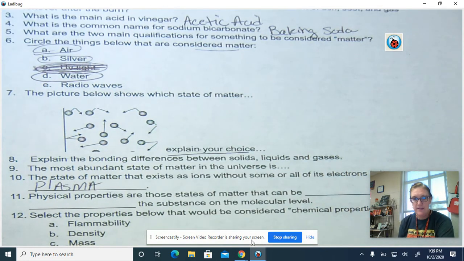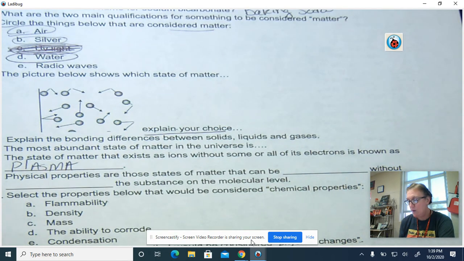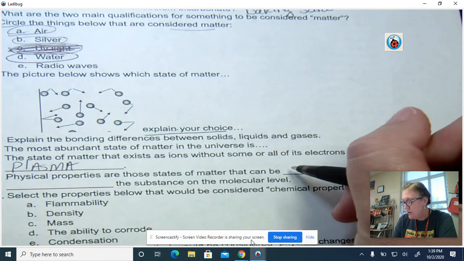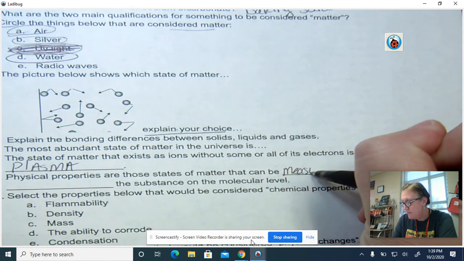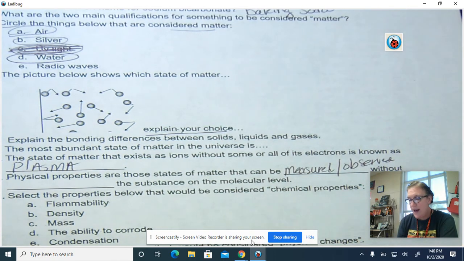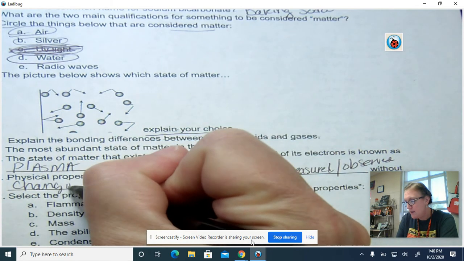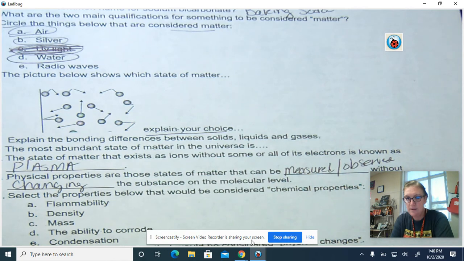Okay. Physical properties, number 11. Physical properties are those states of matter that can be blank without blank the substance on the molecular level. So number 11, physical properties are those states of matter that can be measured or observed without changing the substance on the molecular level. That is number 11. So physical properties are those states of matter that can be measured or observed without changing